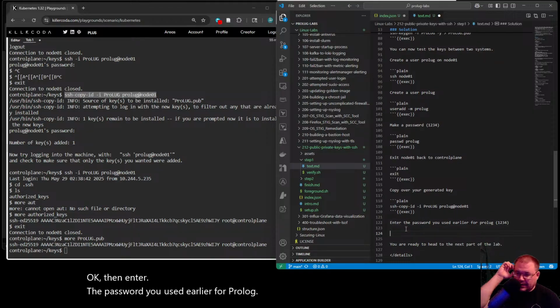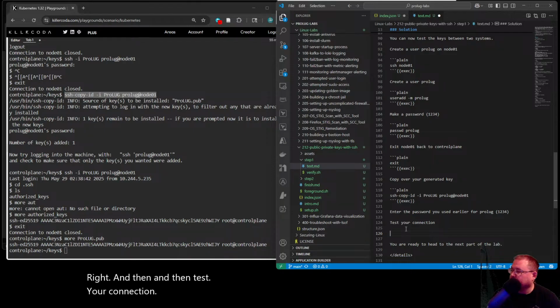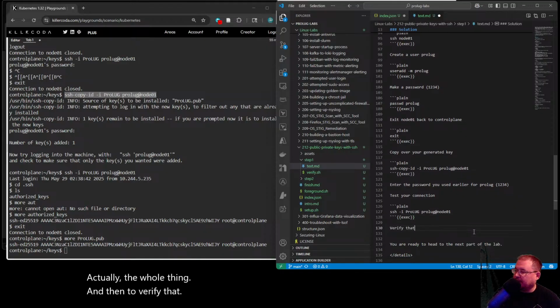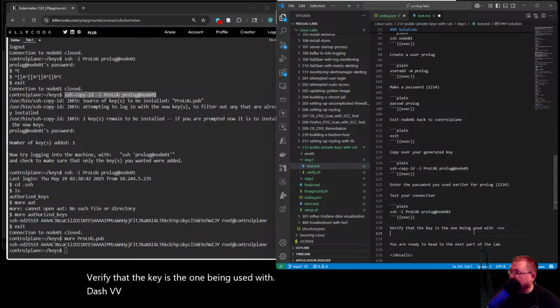Right? And then test your connection, which will just be SSH. Actually, the whole thing. And then to verify that the key is the one being used, use -v. Actually, you can really just use one v.